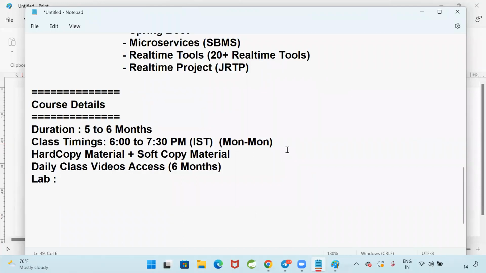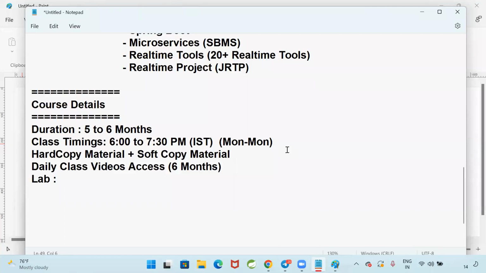For online people also, a daily 1.5 hour doubt discussion will be available. Offline people, 9 to 6 at any point of time, he will be there in the institute. He is working from home. If you get any problem, you can reach out to that person. That person will help you to resolve your problems whenever you are practicing. And one more mentor will be available.